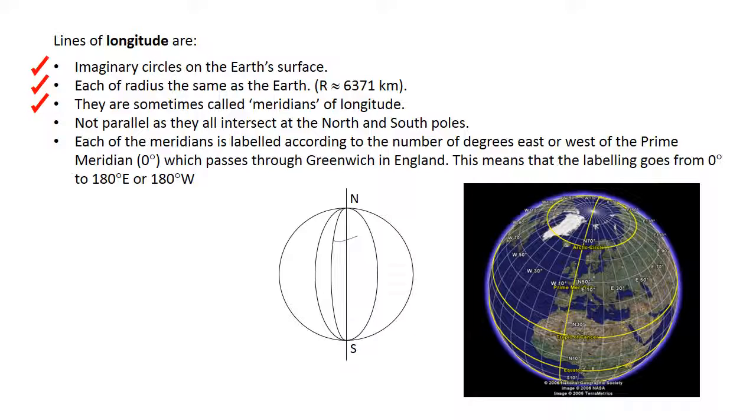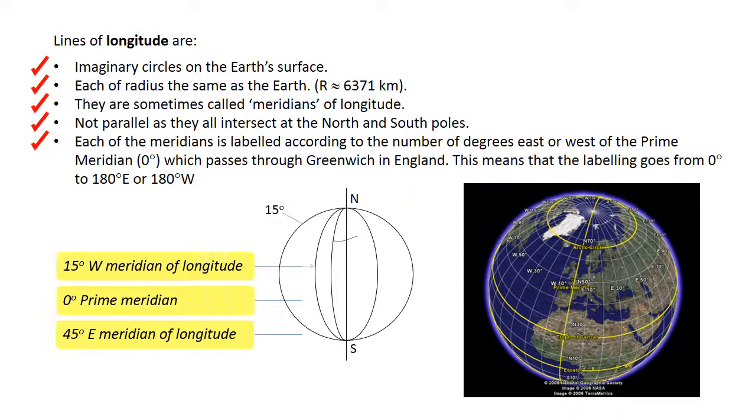The lines are not parallel as they all intersect at the north and south poles, and each of the meridians is labelled according to the number of degrees east or west of the prime meridian, 0 degrees, which passes through Greenwich in England. This means that the labelling goes from 0 degrees up to 180 degrees east or 180 degrees